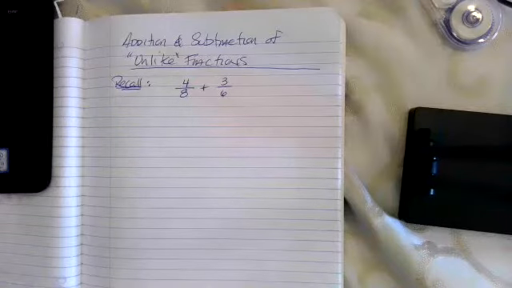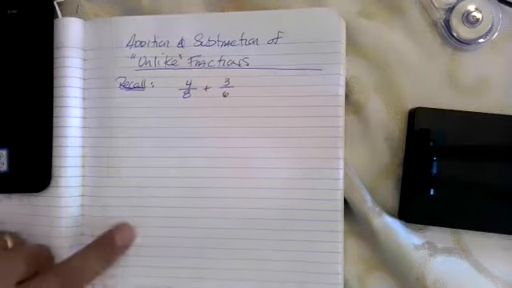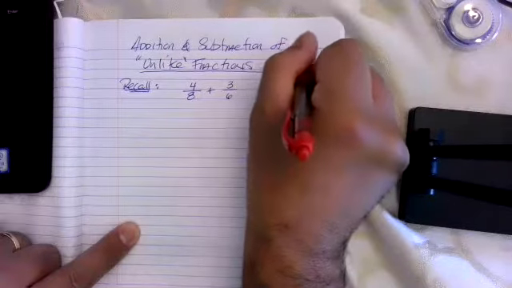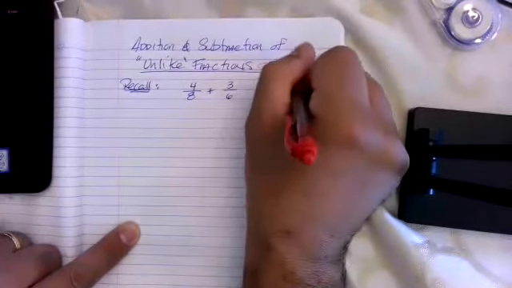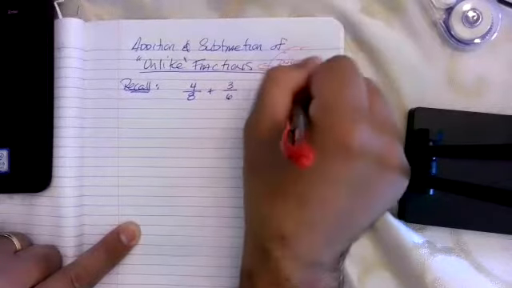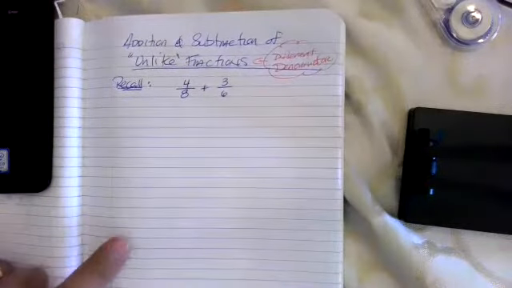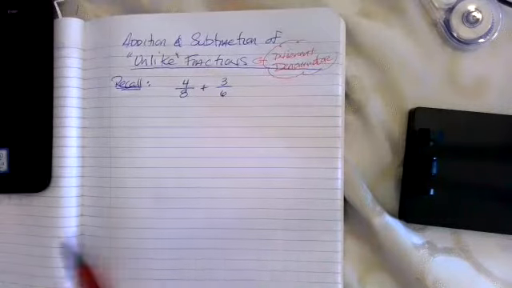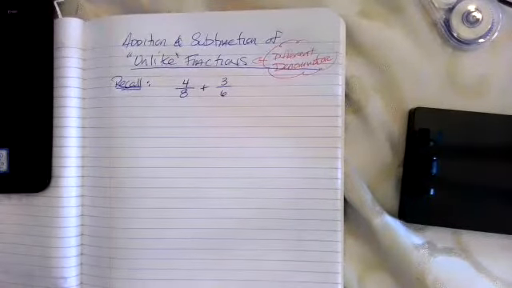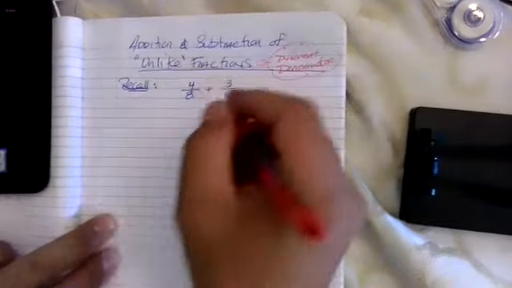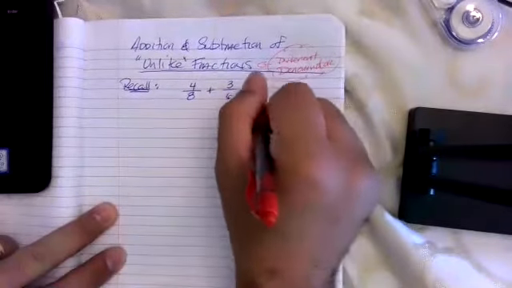So we're moving forward with addition and subtraction of unlike fractions. Unlike fractions, the denominators differ. Different denominators, which you've done prior. I'm sure you've added and subtracted fractions before, and when they're unlike fractions, it's a much harder problem. When we're adding and subtracting with unlike fractions, and the denominators are different, we have to find the LCD,